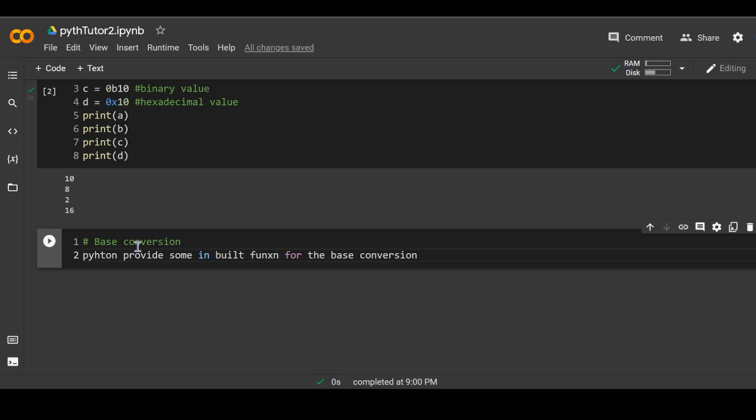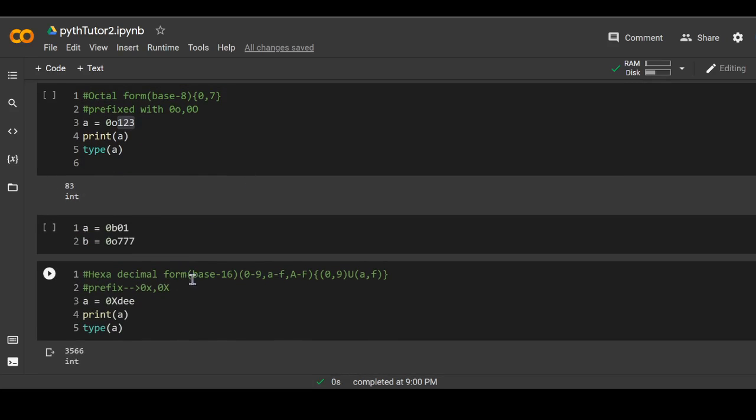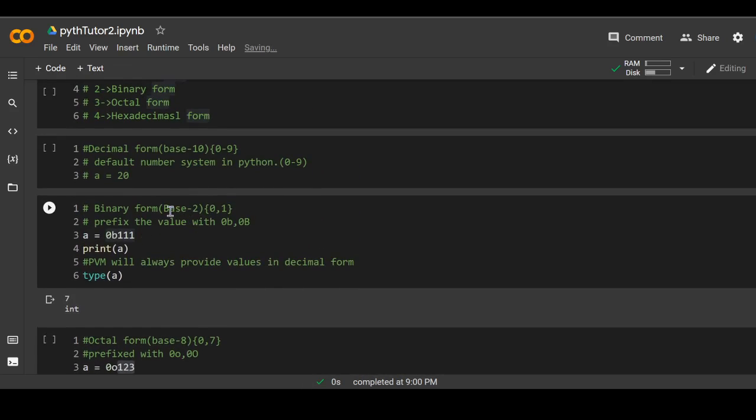If you are wondering what is base, then you must see my previous session. Base is simply the number of digits allowed in a number system. For example, base for hexadecimal form is 16, base for octal form is 8, base for binary form is 2, base for decimal form is 10.